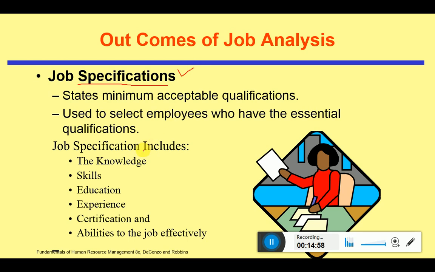What knowledge is required, how many skills are required for this, which degree is required, how much experience is required, how much expertise and certification is required, how many skills are required. So that piece of information which clearly explains the specification required to perform a job inside the incumbent is known